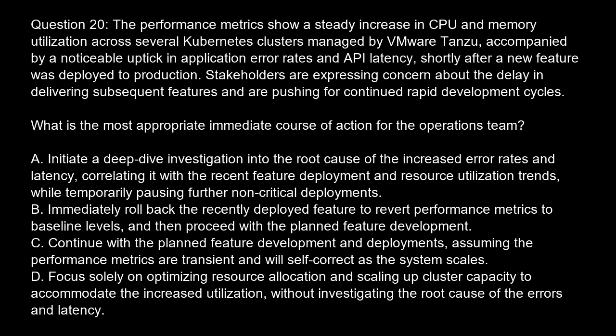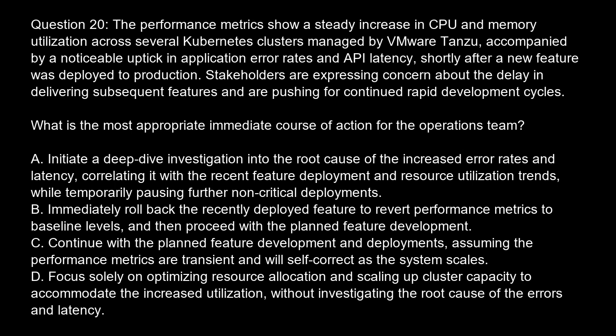What is the most appropriate immediate course of action for the operations team? Option A. Initiate a deep dive investigation into the root cause of the increased error rates and latency, correlating it with the recent feature deployment and resource utilization trends, while temporarily pausing further non-critical deployments. Option B. Immediately roll back the recently deployed feature to revert performance metrics to baseline levels, and then proceed with